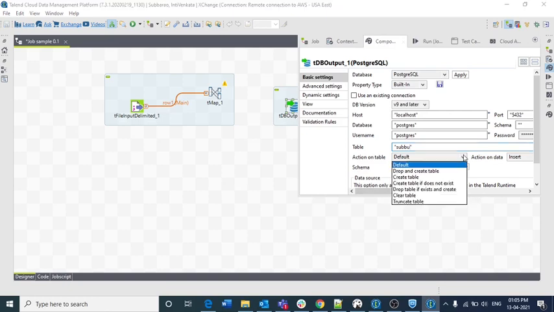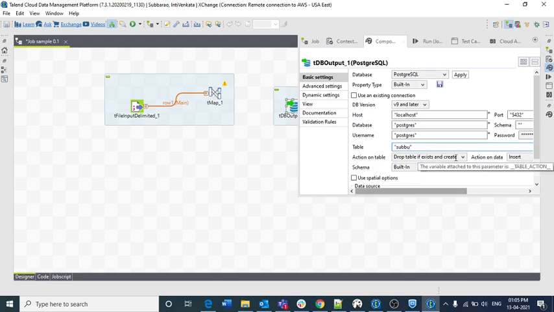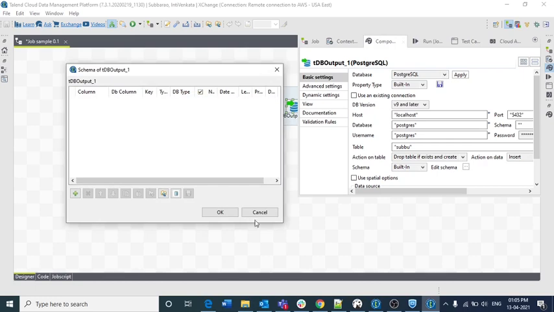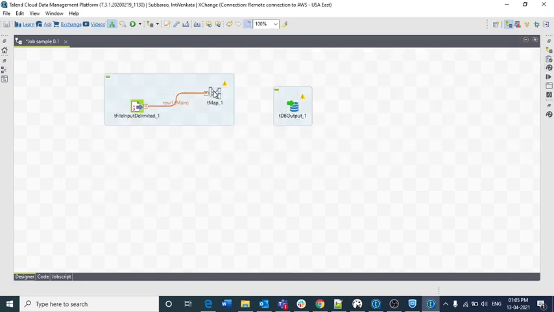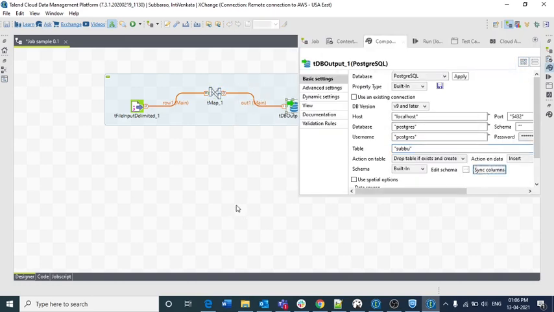The action I am keeping is drop table if exists and create, and the data action is insert. The schema I am populating from the tMap schema, and I am clicking sync columns.